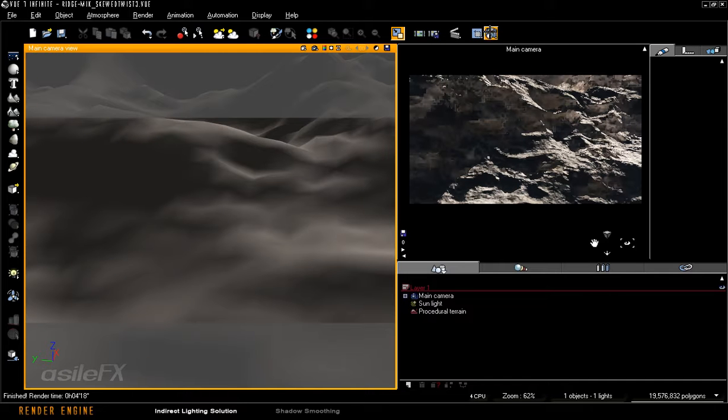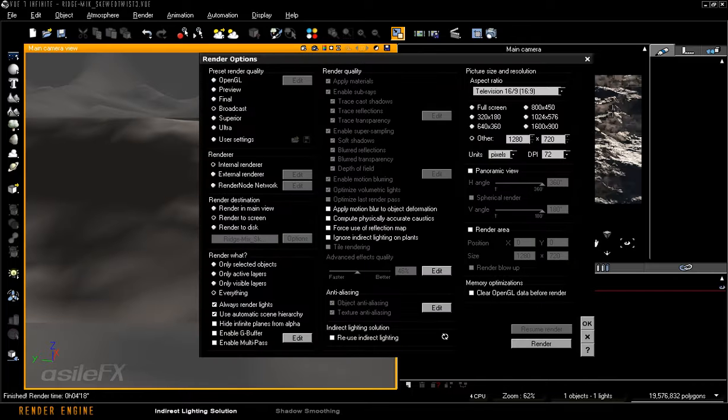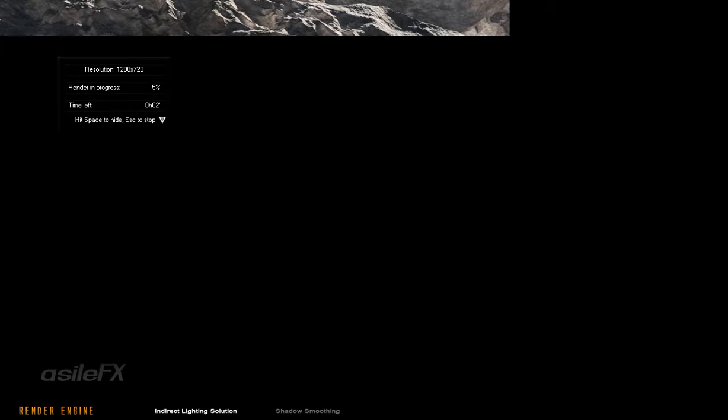The indirect lighting solution that is created can also be reused. If we take a look at the bottom of the middle column, we can see the indirect lighting solution and a reuse indirect lighting option. Checking the reuse indirect lighting will apply that prepass to the next renders. This allows you to easily tweak the scene and make adjustments, so you don't need to recalculate that prepass every